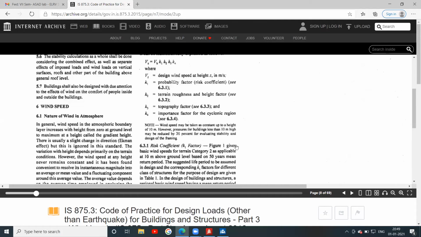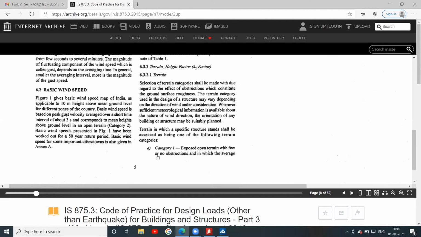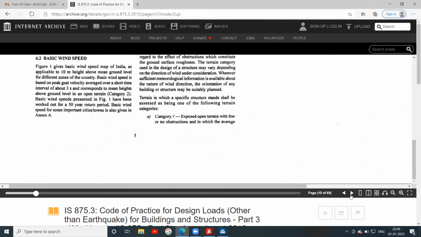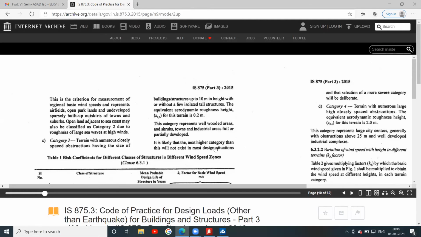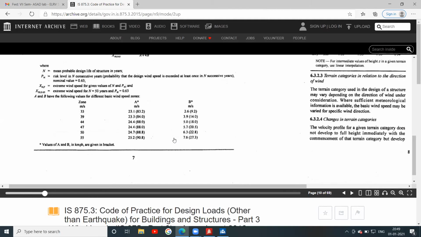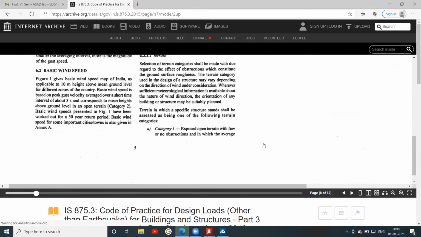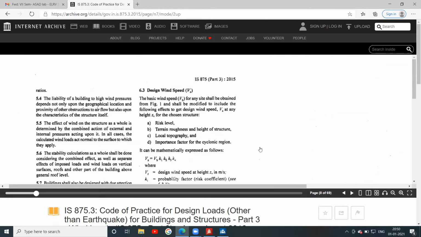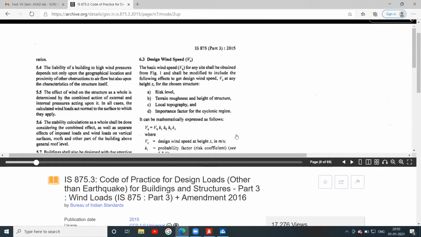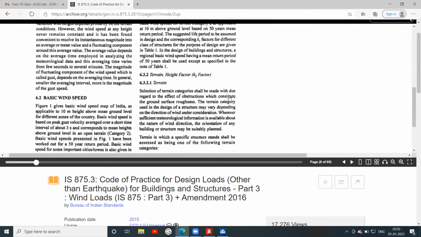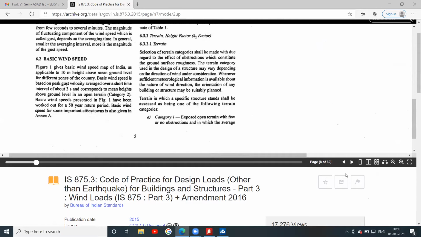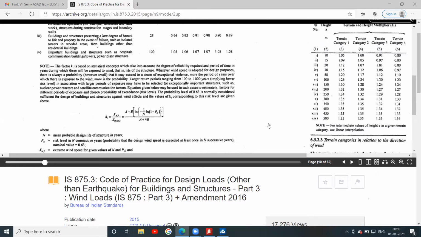Next is K2, which depends upon the terrain. Open terrain with few or no obstructions is terrain 1.